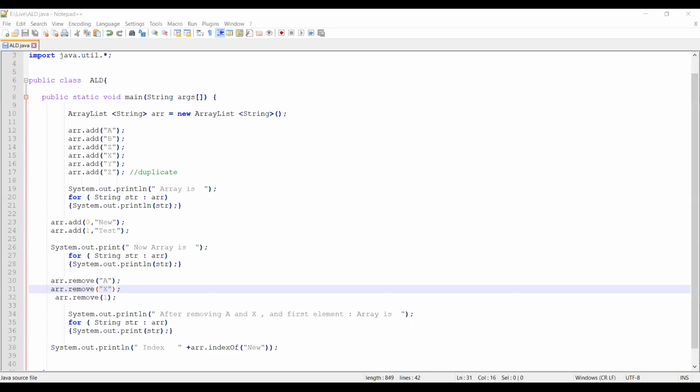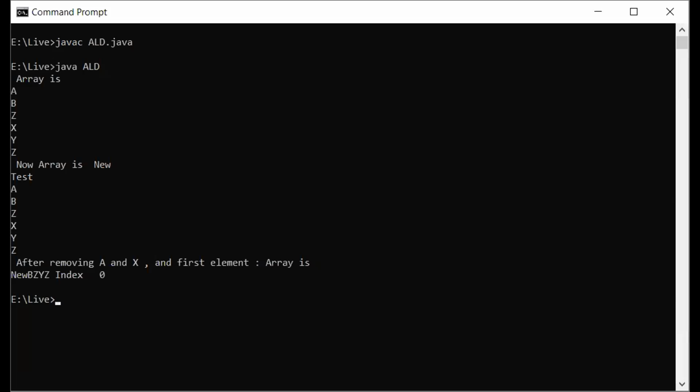You see it once again. Java. Now check, I'm on the command prompt. Just a minute, I forgot to share it. Now check the output. Now is it fine? I removed A, X, and the first element. Earlier in my code, I had written .add X. So that is why earlier